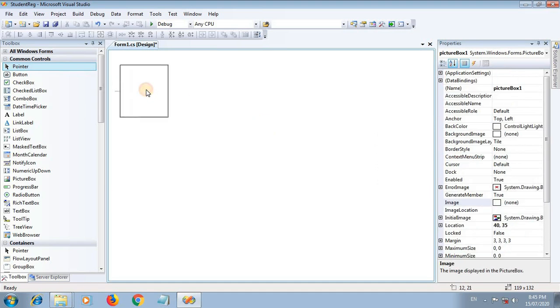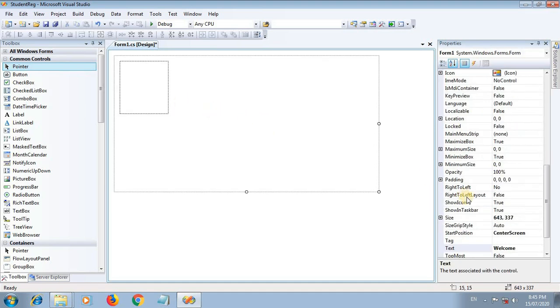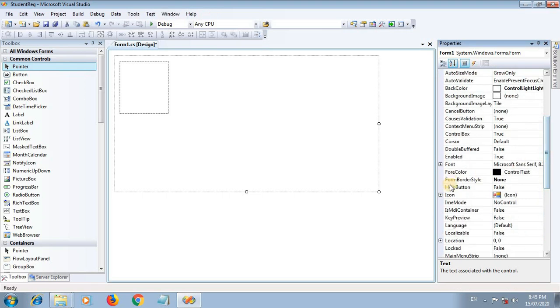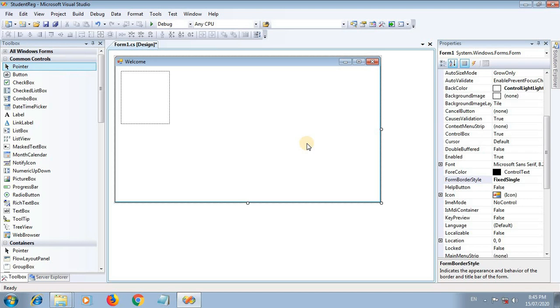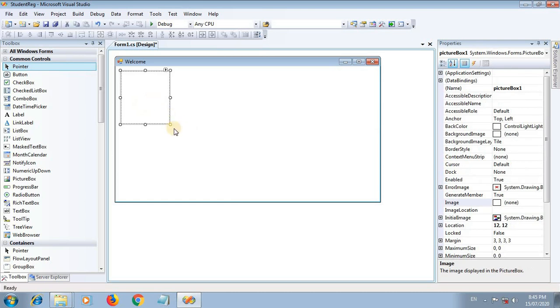For designing purposes I am changing the form border style to Fixed Single, and after completing my designing I will change the form border style to None. The picture box control can be used to display pictures.